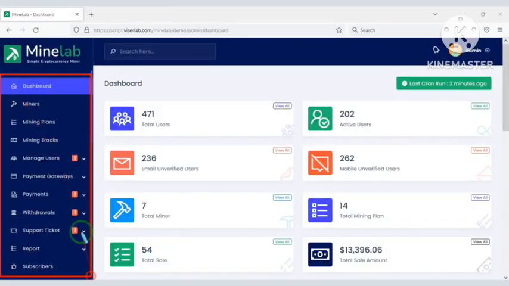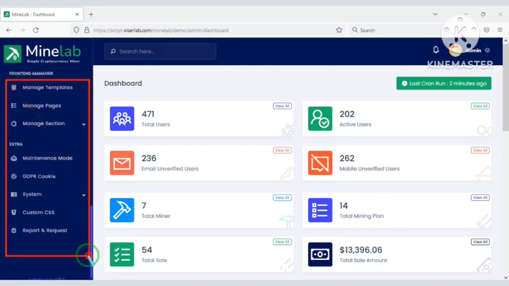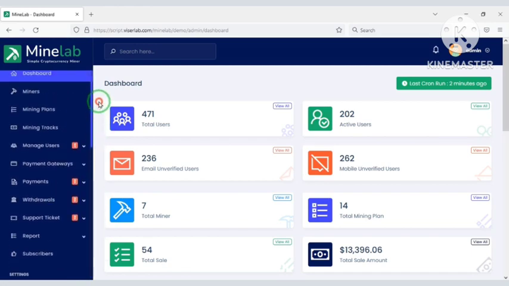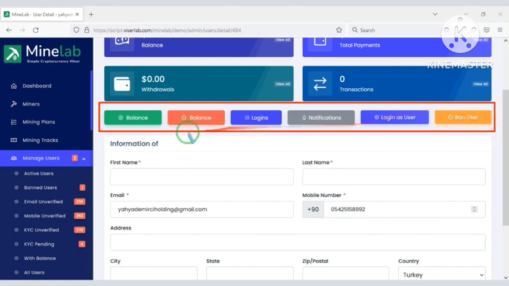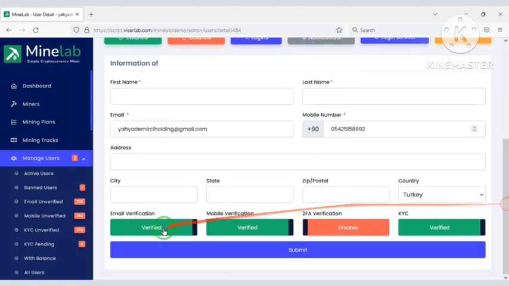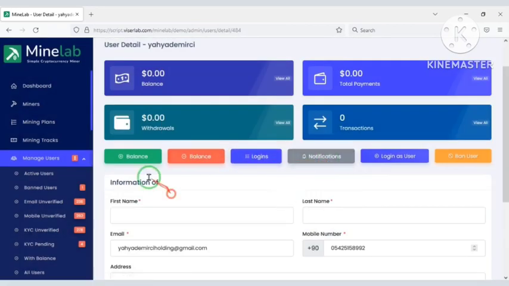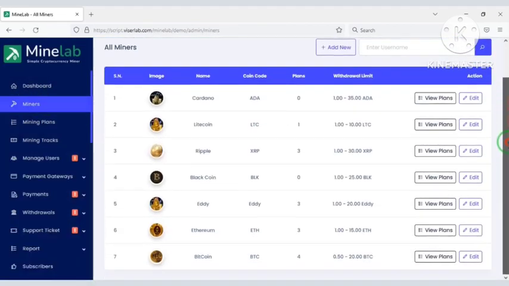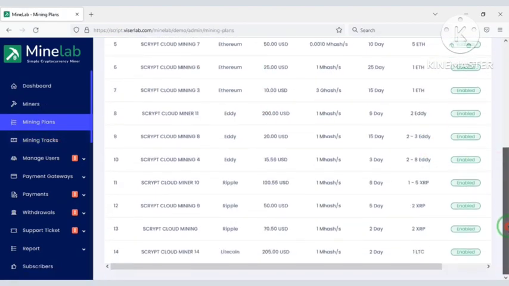You will find many important functionalities in your admin panel. Through these functionalities you can control everything on the website. For example, you can easily control website users using the admin panel. Also you can easily add a mining category. Then you can add the cryptocurrency mining plan price.